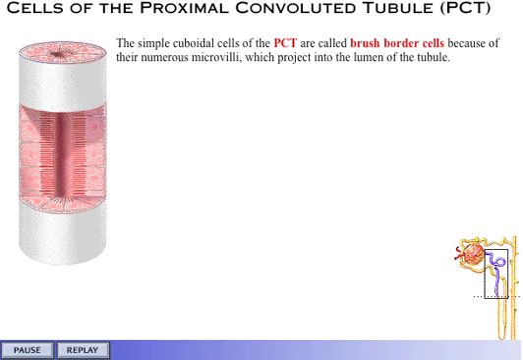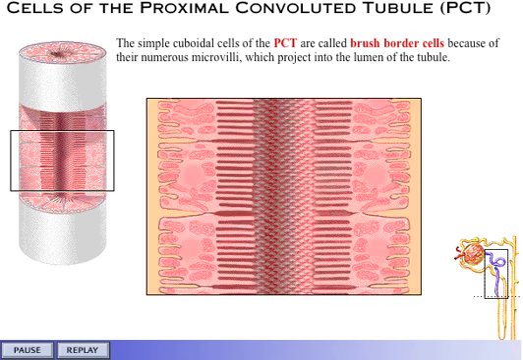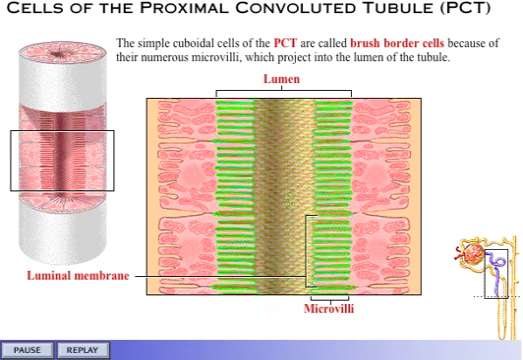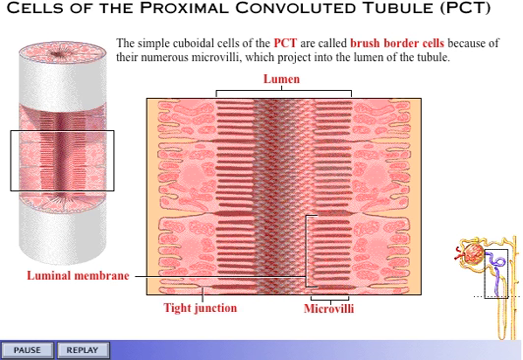The simple cuboidal cells of the proximal convoluted tubule are called brush border cells because of their numerous microvilli which project into the lumen of the tubule. These microvilli greatly expand the surface area of the luminal membrane, adapting it well for the process of reabsorption. Tight junctions between adjacent cells permit passage of water, but limit the escape of large molecules from the tubular lumen